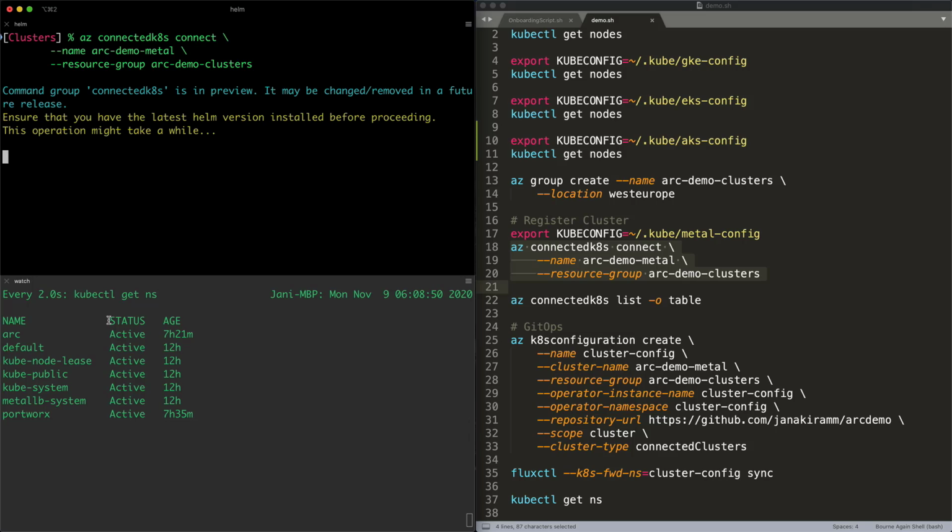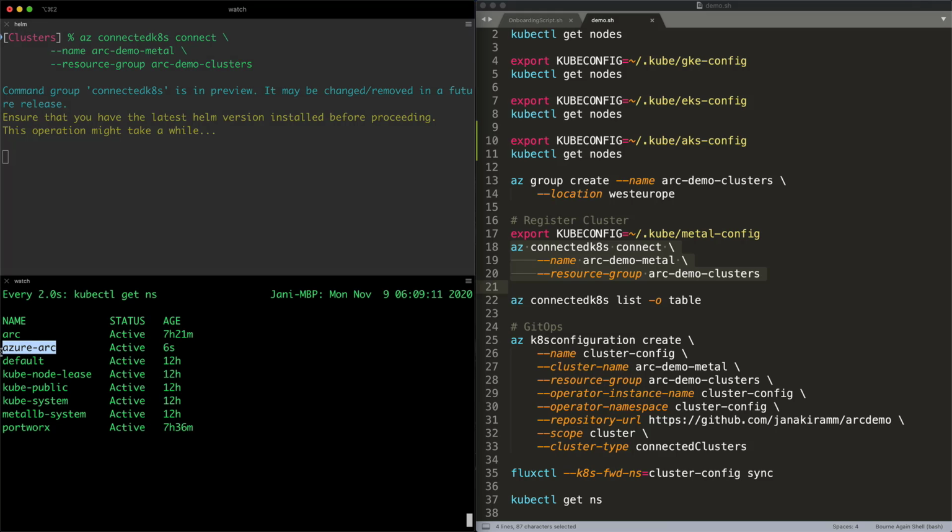And in that process, it actually creates a new namespace called azure-arc and deploys an agent very similar to Azure Arc for servers, but this time we are targeting Kubernetes clusters, and that agent will connect our on-prem cluster with the Azure Arc control plane. So now the azure-arc namespace is created.